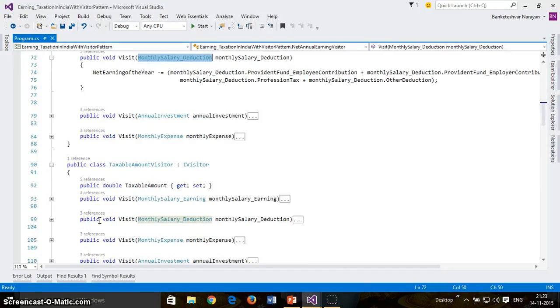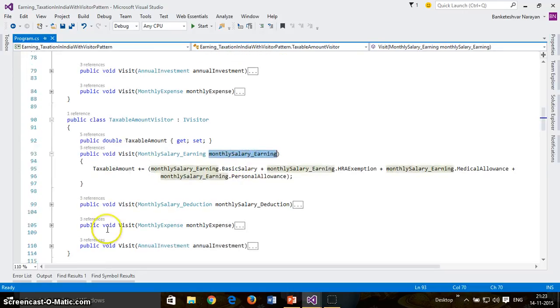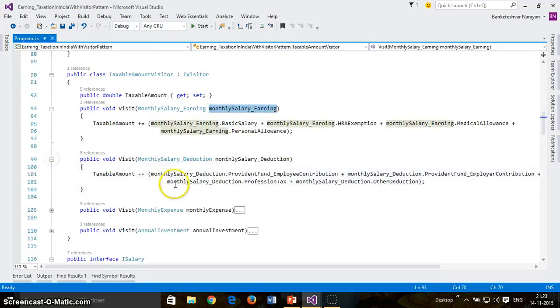So moving to the next, I'm calculating the taxable amount visitor. There I implement a public void widget of type monthly earning, calculating the taxable amount, adding all those components which belong to monthly salary earnings, and deducting the components of the taxable amount.